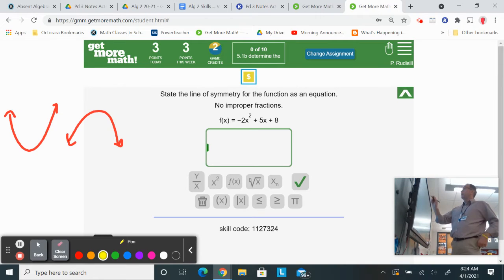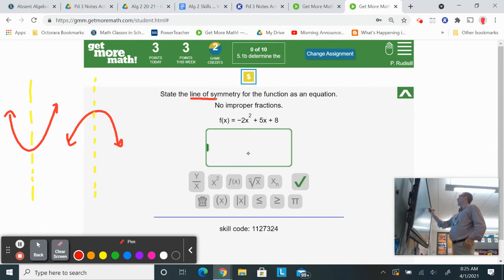So there will be a line that is vertical that cuts the parabola in half, that you can actually fold it on top of itself. So we call that the axis of symmetry, or the line of symmetry, which it talks about right here. Now there is a formula, I call it a formula, and a little equation that helps us find that axis of symmetry. And since the axis of symmetry is a vertical line, it has to have an equation that says